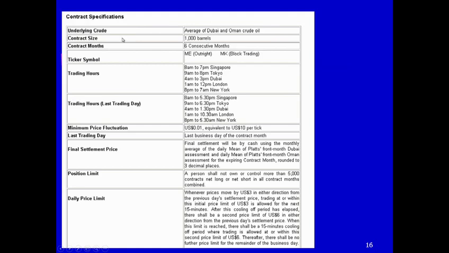Now, this is quite interesting, and this is true for most futures contracts around the world. Futures contracts are not for trading for people like you and me. The reason being, unlike options contracts, they involve large sums of money. And here's a simple reason why. A single futures contract on crude oil has a contract size of 1,000 barrels.